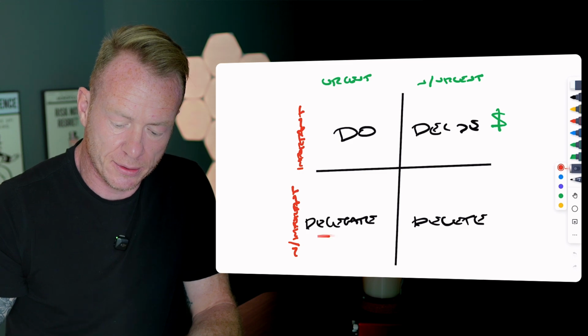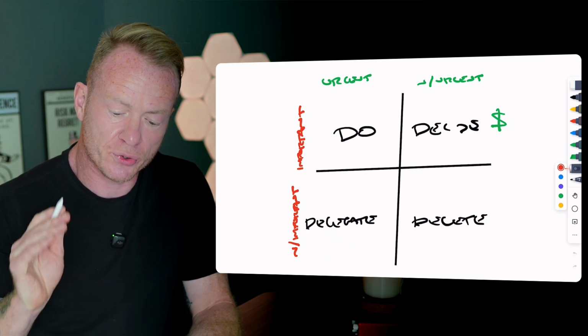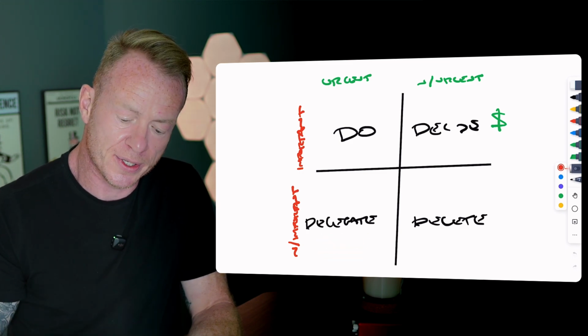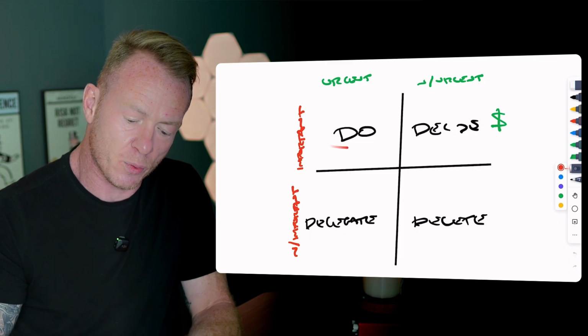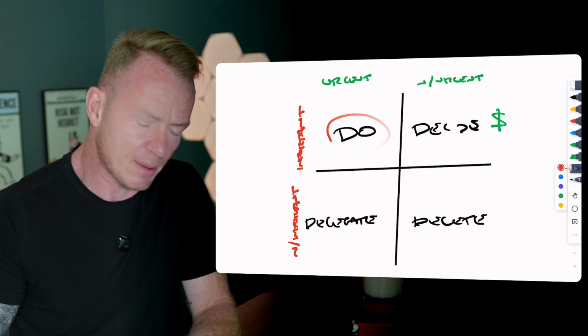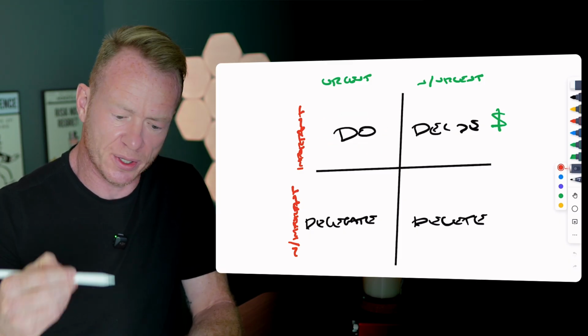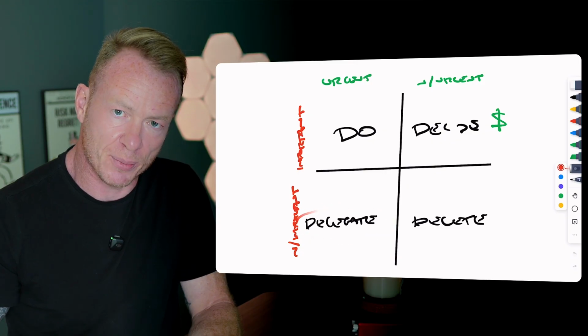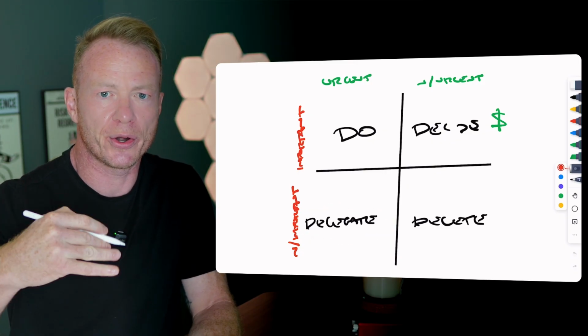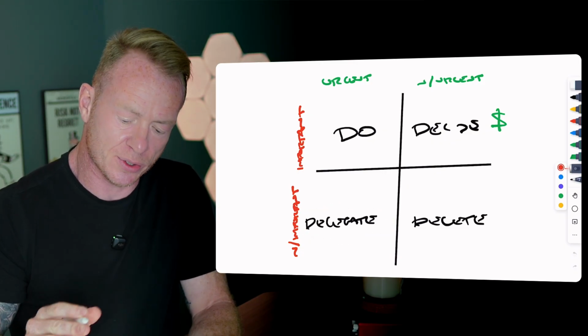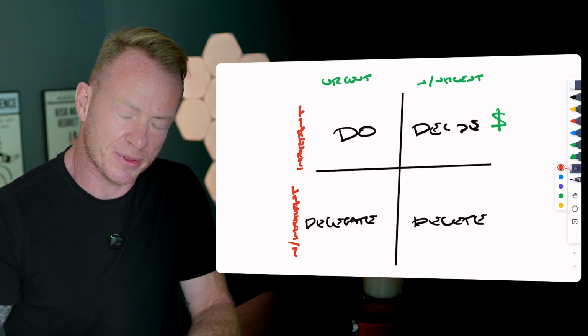This is the box that people struggle with the most, because they think they're working in the do box. I'm doing it, it's urgent, it's important, but really it's not that important. You just think it is because your priorities aren't quite there yet, and this exercise is going to truly help you with that. So we want to think about what this could be.